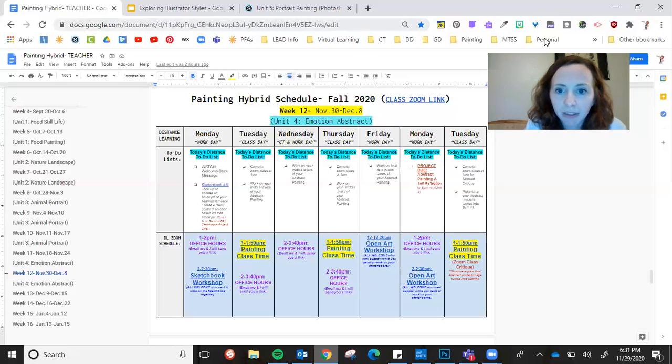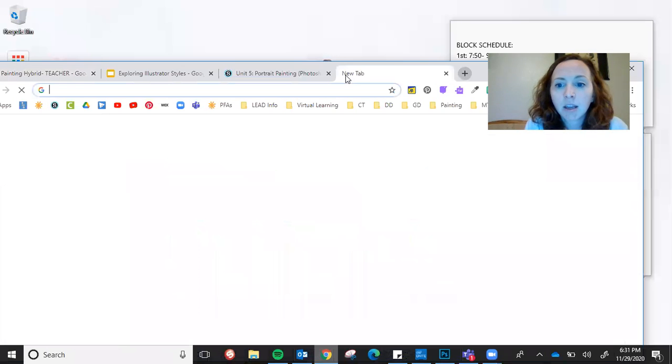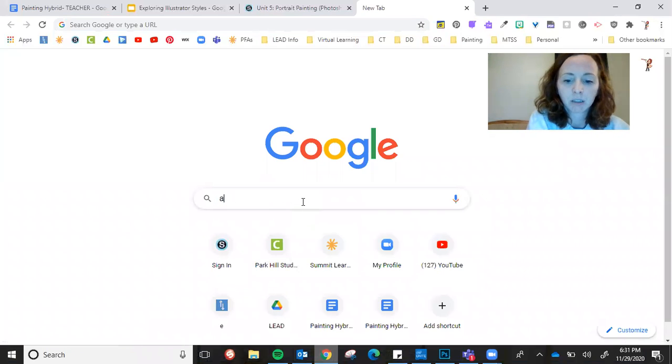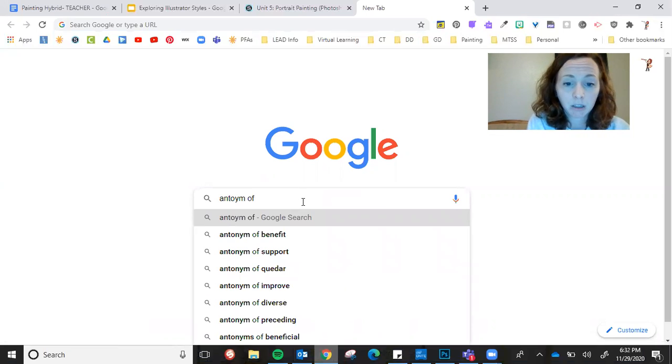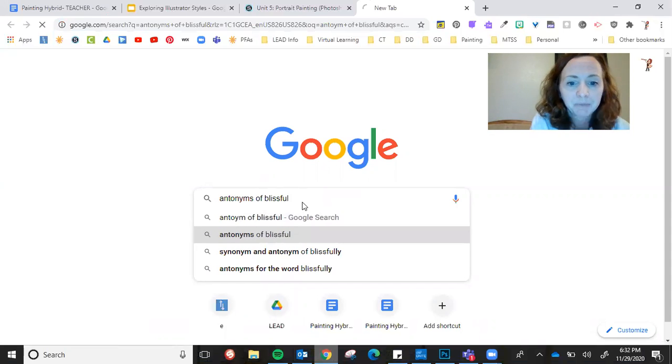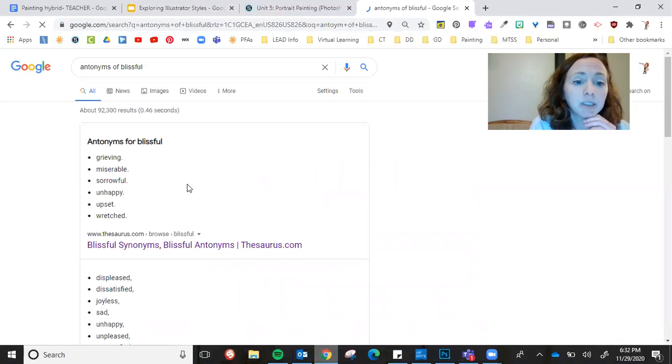let's do it together. I want to get an exact opposite. The computer is so slow, I can't even see what I'm typing. There we go, that's better.